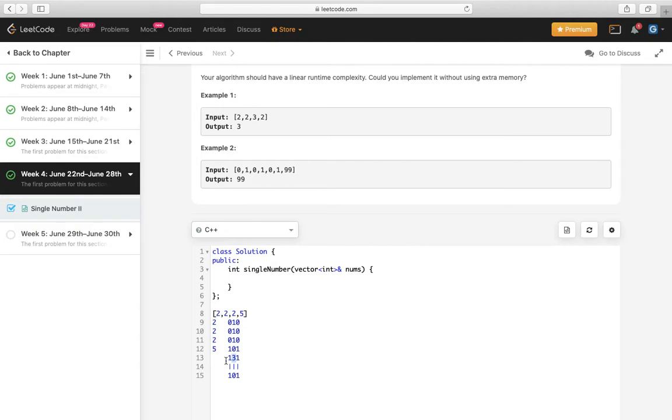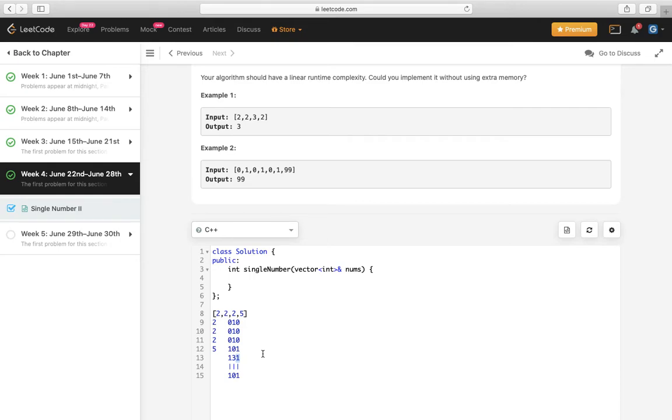And 5 appears only once, so its bit is there once. And in the sum array, we can take the modulus of 3: 1 modulus 3 is 1, then 3 modulus 3 is 0, then 1 modulus 3 is 1. In this way we can eliminate the 3x.